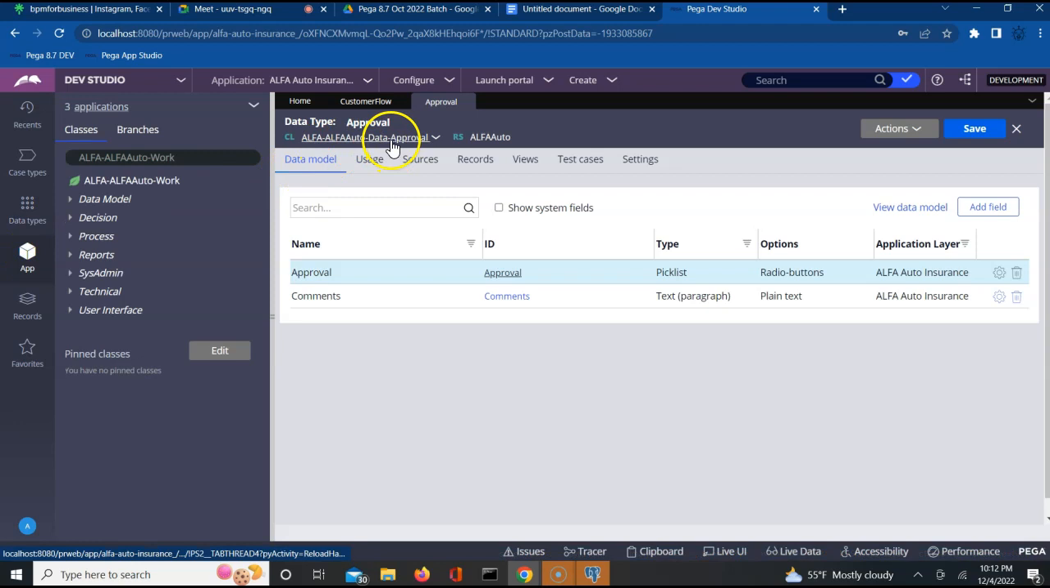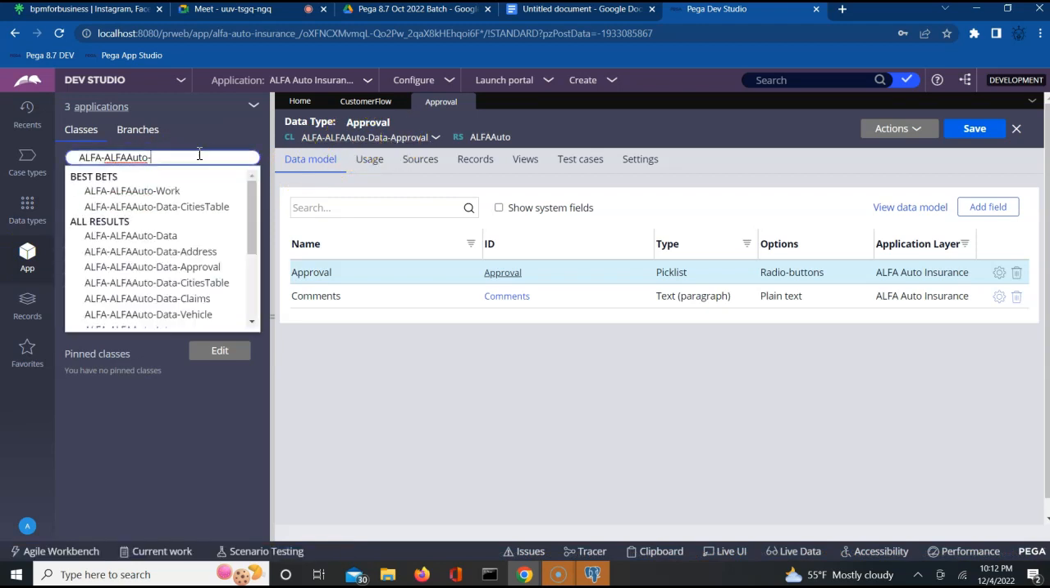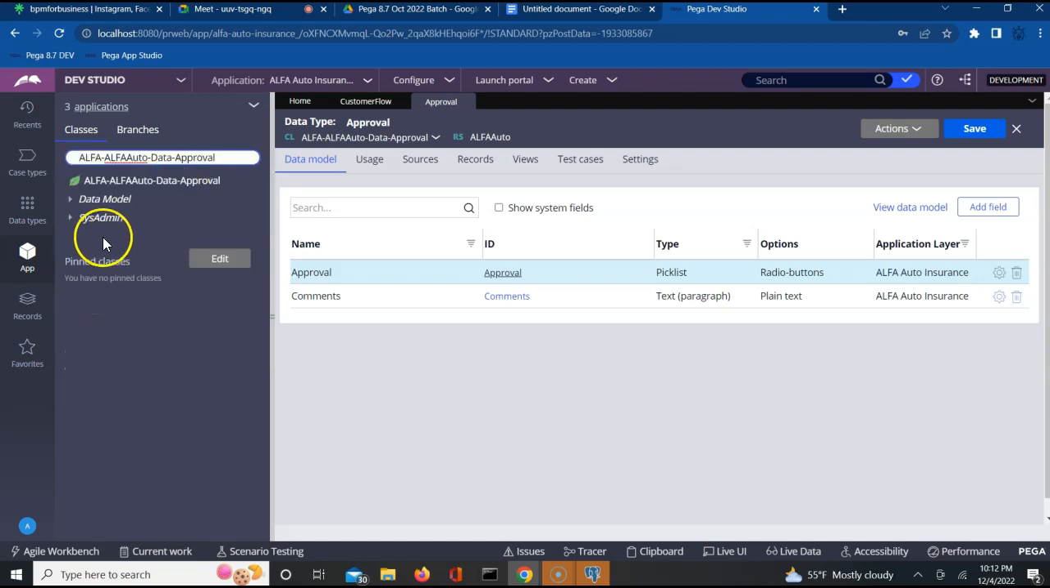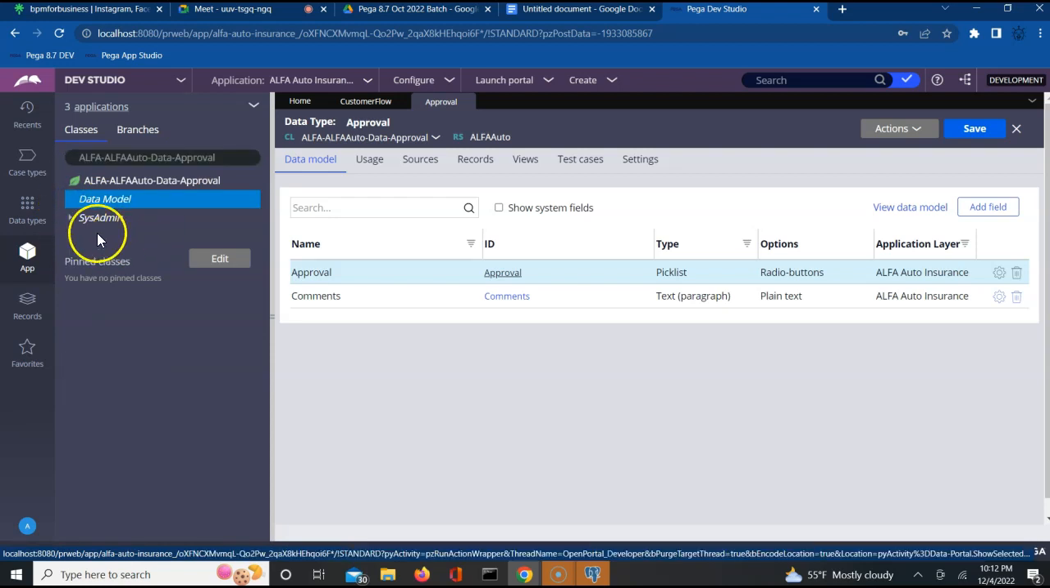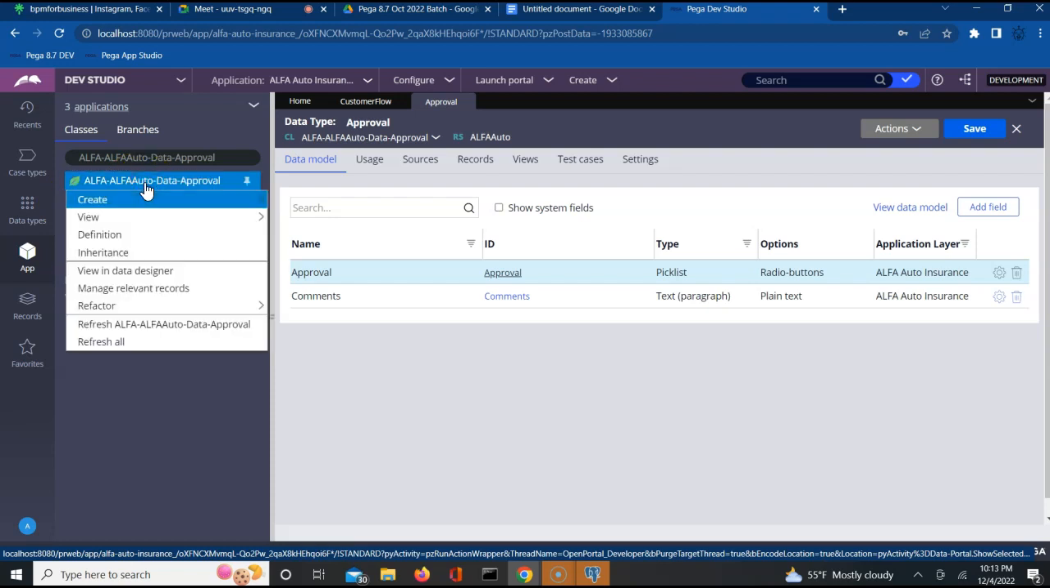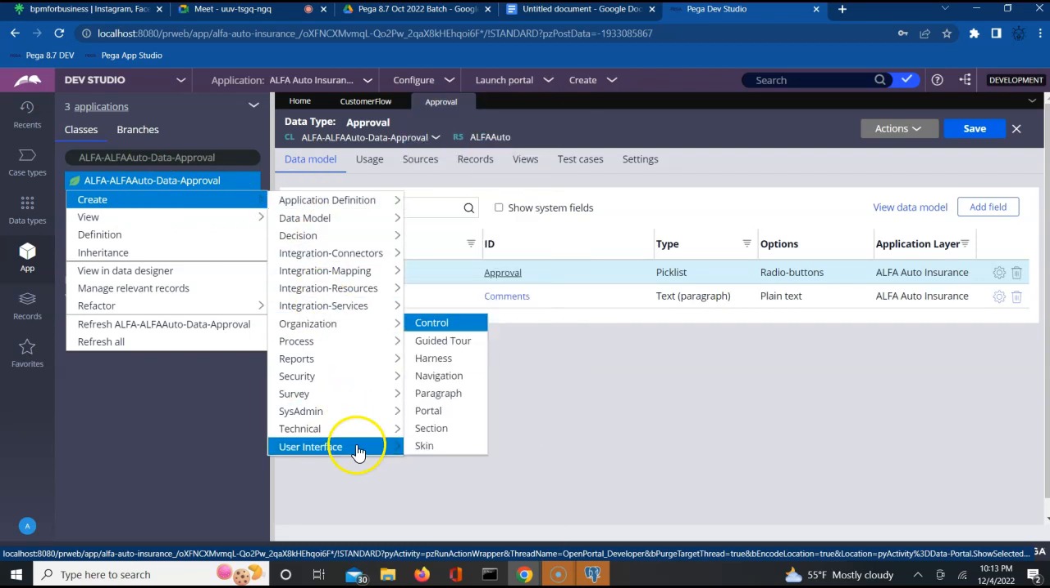Alpha auto data approval, and I can say data approval. So I'll have a data model because properties got created. I need a UI, so I need a section. How will I do it? Right click on your data class, create, go to the user interface category, section,